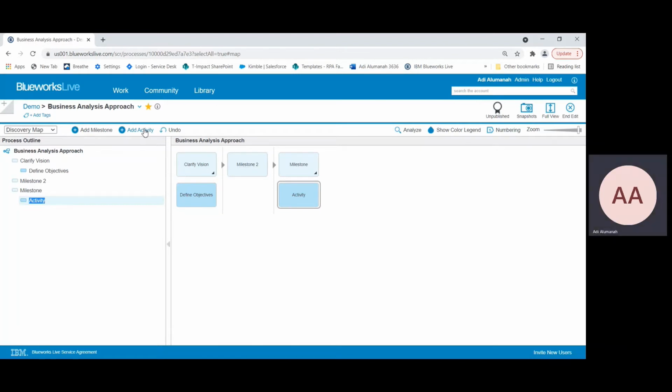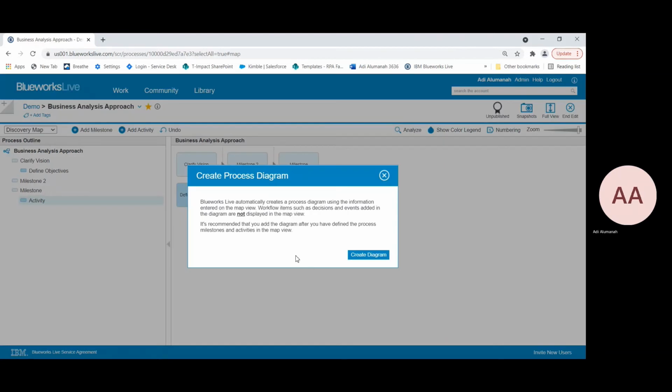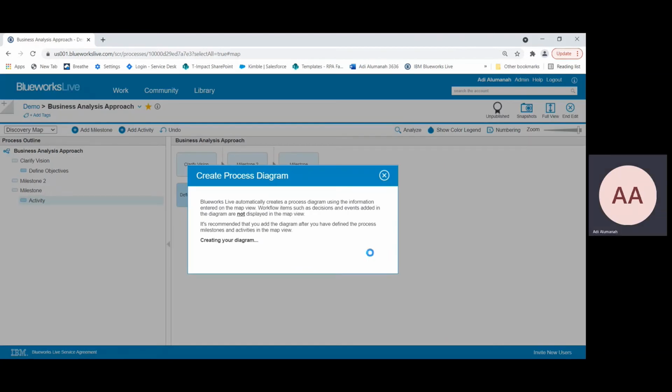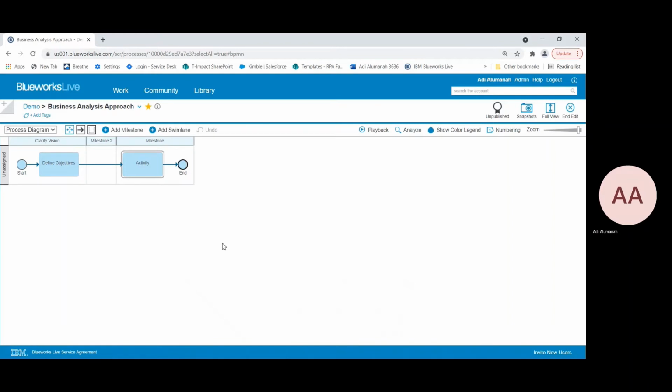Once you've created your initial discovery map and are ready to start describing the flow of work in more detail, just go to the process diagram view. You can create the diagram, and Blueworks Live will create your process map for you. Now, the milestones from the discovery map are represented in the vertical column, and the activities are in the single